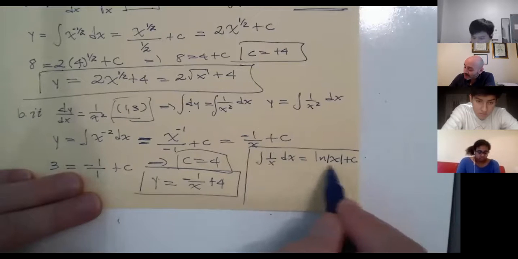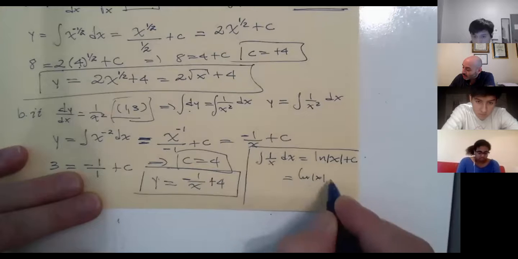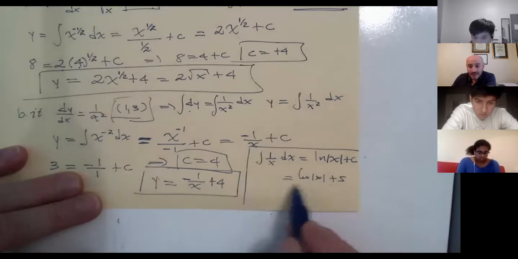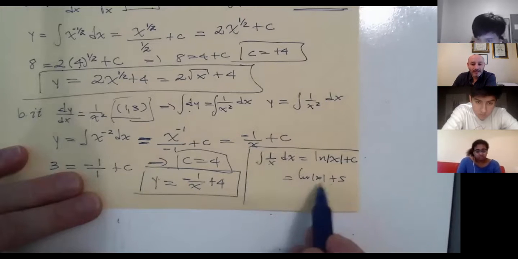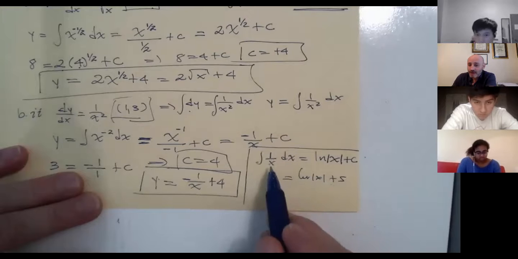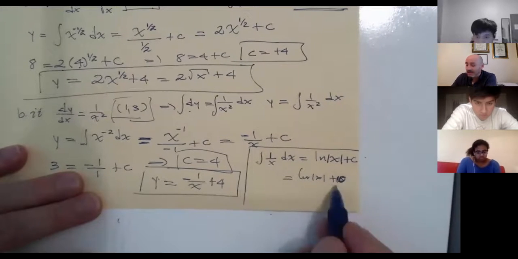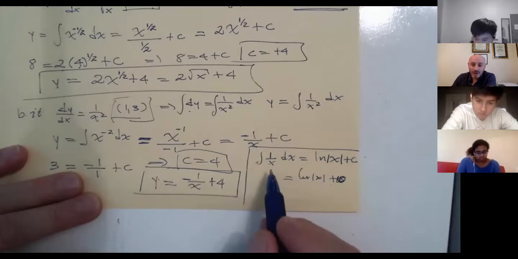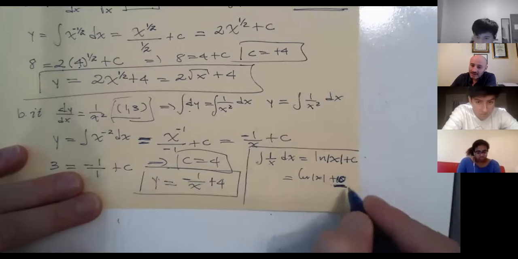So if this were ln of the absolute value of x plus 5, what would be the derivative of this? 5 would just be plus 0, so 1 over x. Right, so the derivative of this is still 1 over x. If instead of 5 you have 10, the derivative of that is still 1 over x. Make sense? So that C is a constant of integration because it could be actually plus any constant,